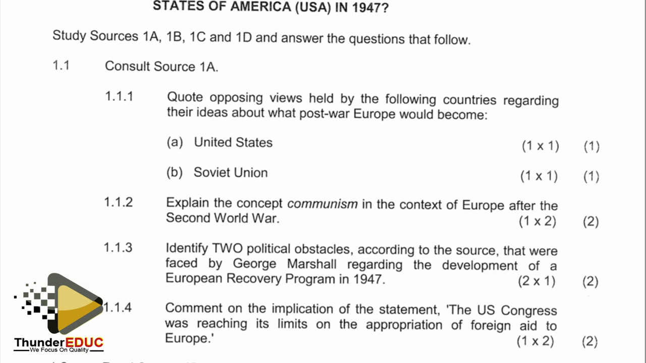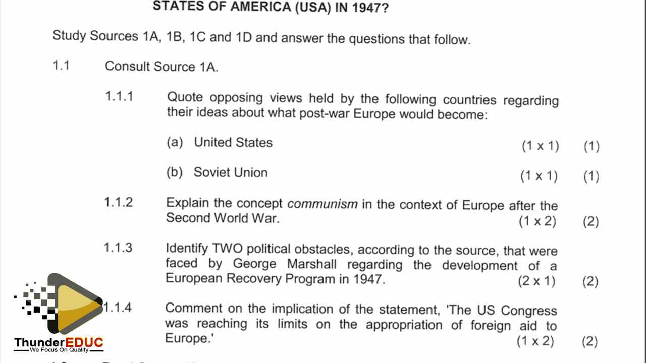Welcome to the presentation for History Paper 1, the May-June 2024 examinations. We are going to go through the June paper and try to come up with possible solutions to the questions indicated. And as usual, our paper is made up of the section for source-based questions and the section for